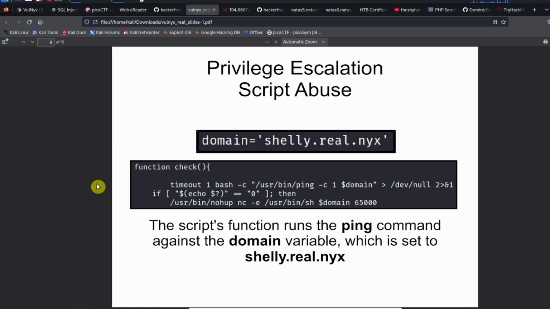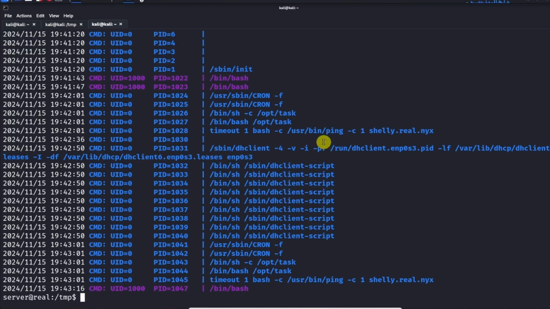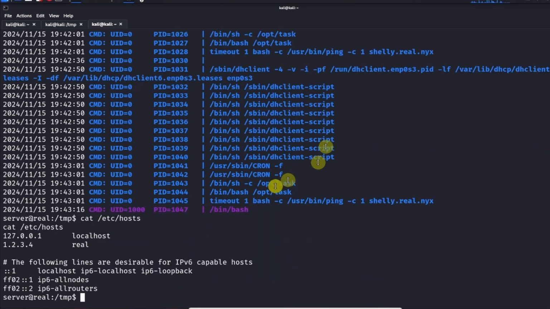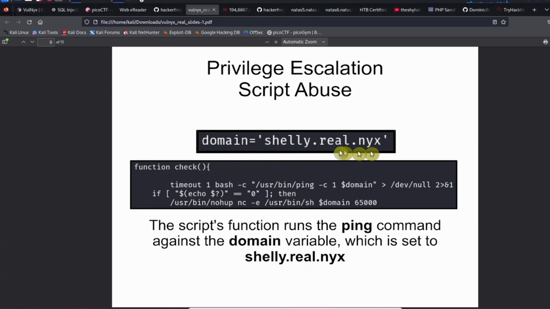So what we need to do is we need to check what this domain is actually set to in the etc host file on this particular host. So over here, we can try reading the etc host file. And these are the domains that are set up for this particular host. So we see there's 127.0.0.1, which is the localhost, and 1.2.3.4, which is set to real. So the domain that is specified in the script, which is shelly.real.nyx, doesn't exist in the etc host file, but